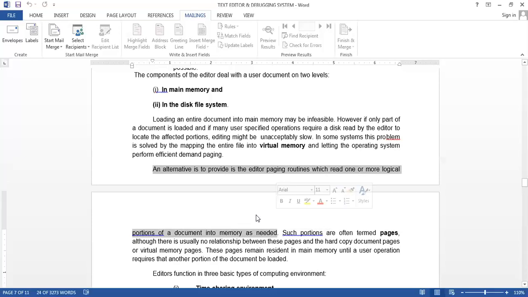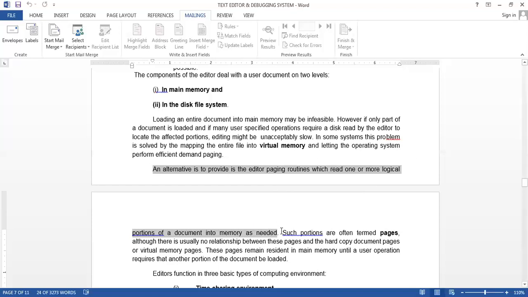It means we are not reading the whole document now; we are reading it page by page or using virtual memory. So it will be loaded faster, our document will be loaded into memory in a fast way, and editing can also be faster.